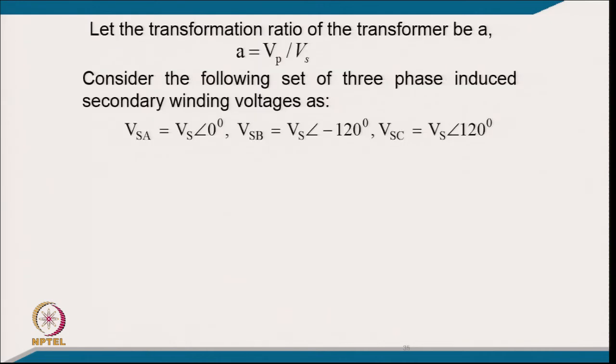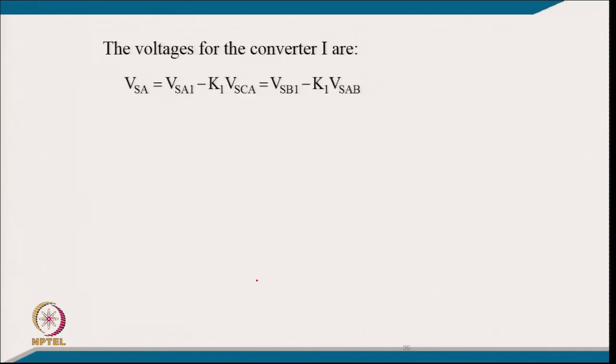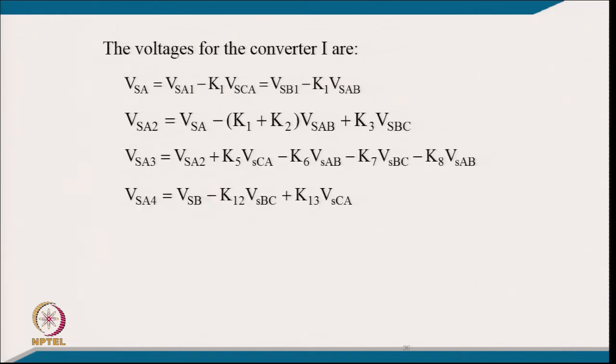And typically, even for the isolated case, you might have a transformer turns ratio. These are the input supply, and virtually 2 sets of 3 phase, like 2 sets of 7 phase supply, like VSA1, VSA2, VSA3, and VSB1, VSB2, and VSC7. And then the voltage you can find out from here, how you will calculate typically